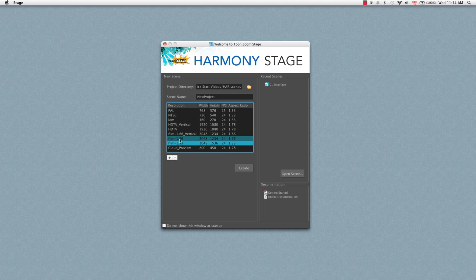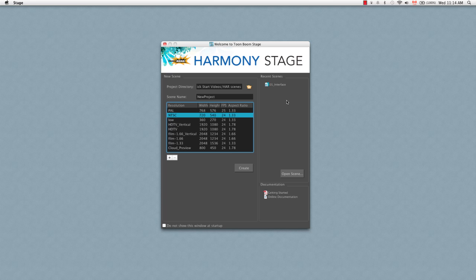I don't believe you can delete any of the default resolutions, but if you create a custom resolution, you can always delete it. The minus sign would then be enabled because right now we see that it's grayed out. So I'm going to go back to the NTSC. And a few other things that I'd like to show you before I click on the Create button is that